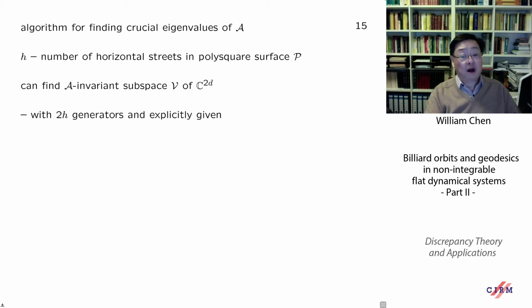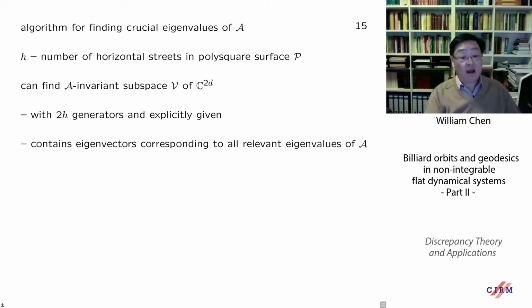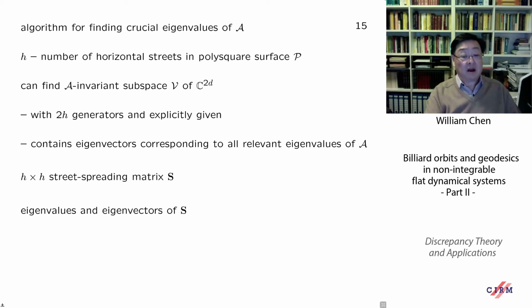First of all, we can explicitly write down its generators, and there are only at most 2H of them. Secondly, this subspace contains all the eigenvectors that we want to know about. In fact, our technique gives rise to what we call a street spreading matrix, which is of size H